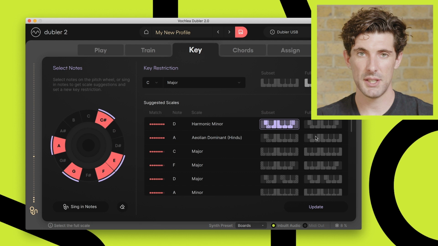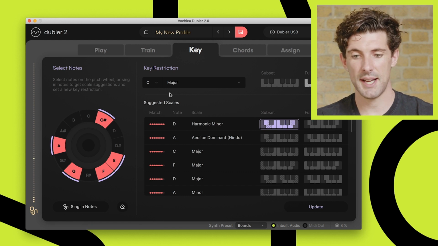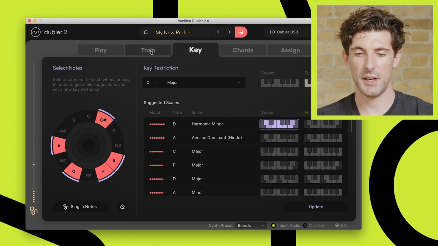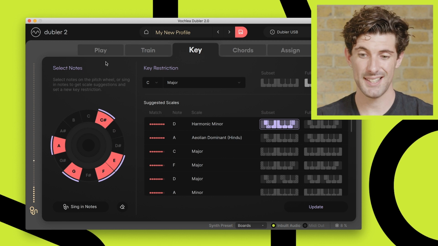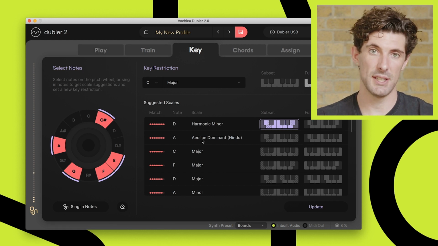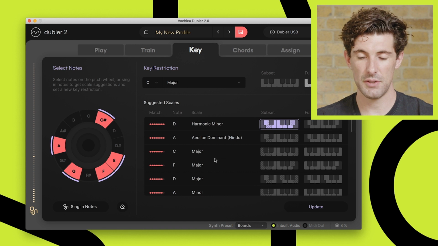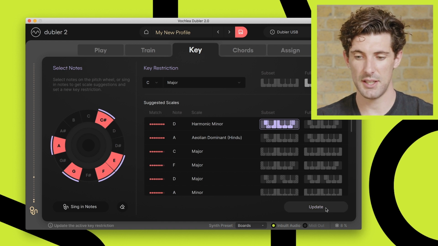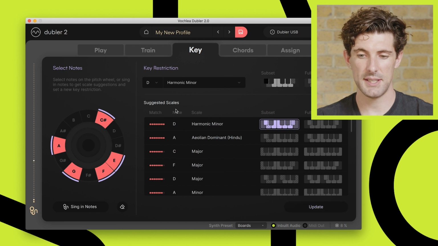And as I'm switching between these different suggested scales, nothing's actually changing up here in my key restriction. So if I click back on the play tab, for example, I'd still be in C major and everything that I've done here would be lost. And that's because none of these scales are actually going to change until I click the update button down here. So I can click update and you can see I'm now in D harmonic minor subset, specifically on those notes